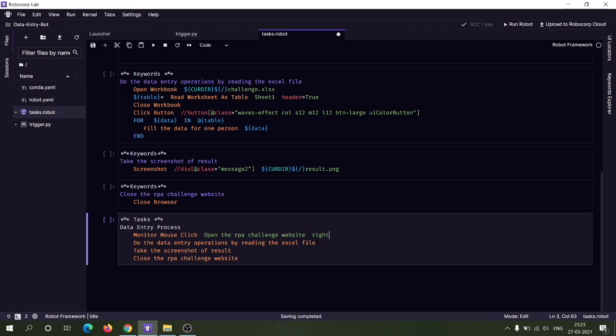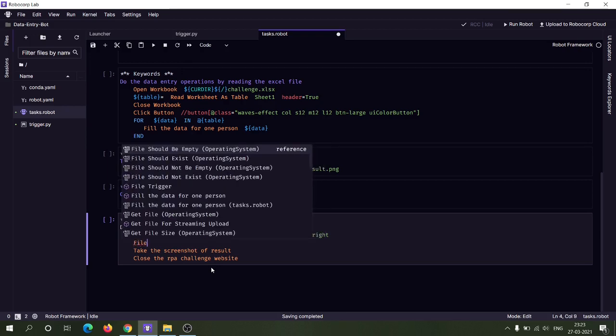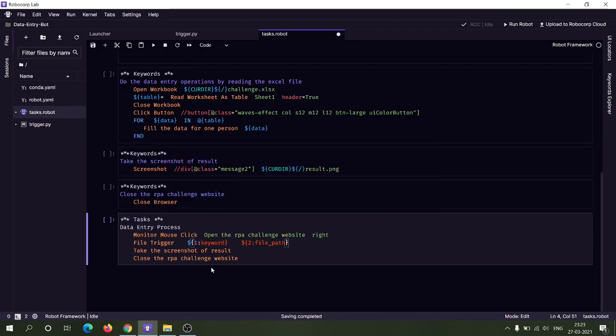The next modification is we need to trigger this data entry operation only when we add the Excel file to this current directory. For that also there is another keyword whose name is file trigger. This file trigger also requires two arguments. One is a keyword which needs to be triggered when a file is being added to a particular folder, and next is the folder path where the file will be added.